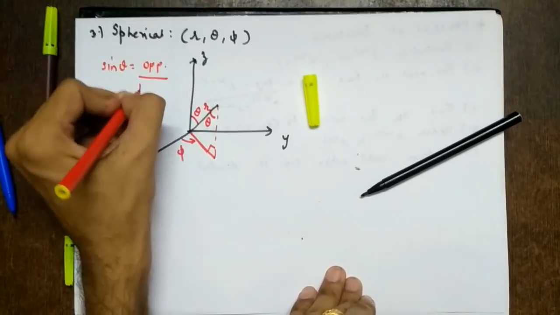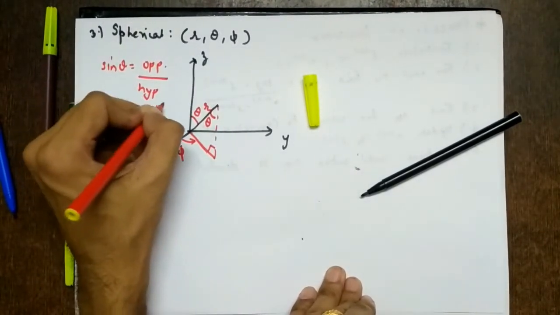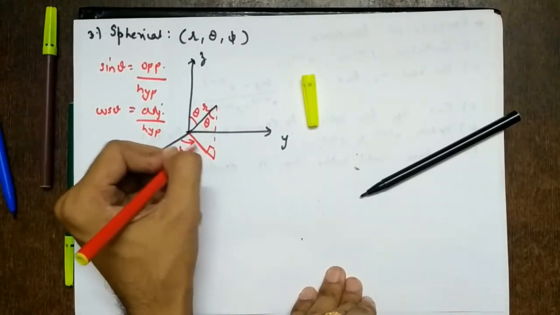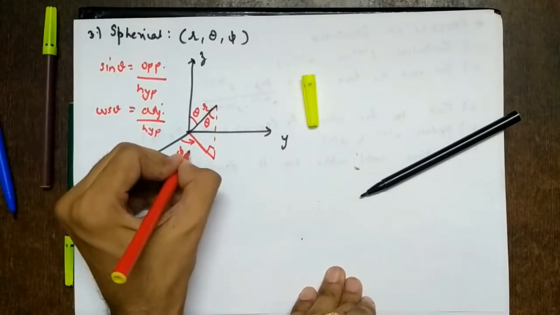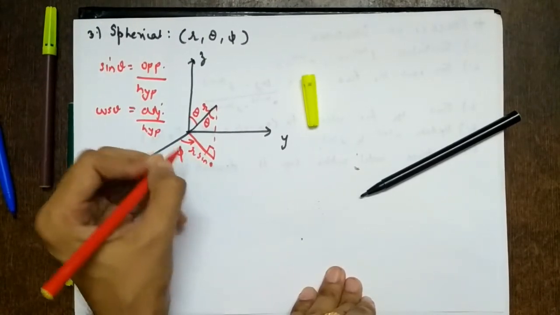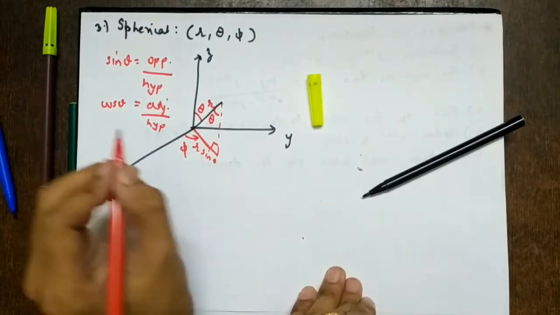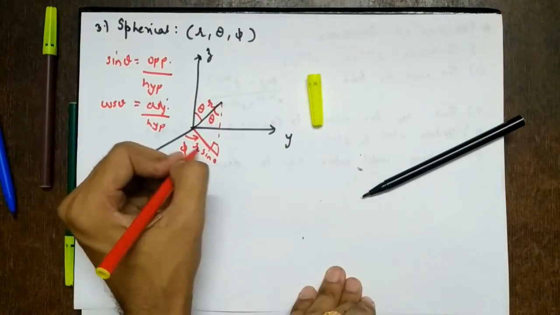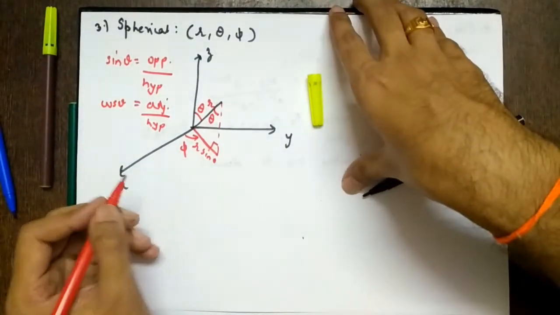Now what is sine theta? Opposite side upon hypotenuse. What is cos theta? Adjacent side upon hypotenuse. So since this is the opposite side, opposite side equals sine theta into hypotenuse, so r sine theta. If this was the adjacent side, this would have been r cos theta. This is the simple way, remember. If it is the opposite side, take sine theta into hypotenuse. If it is the adjacent side, take hypotenuse into cos theta. Okay.